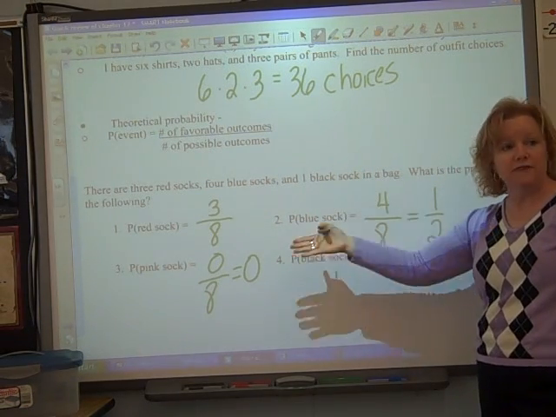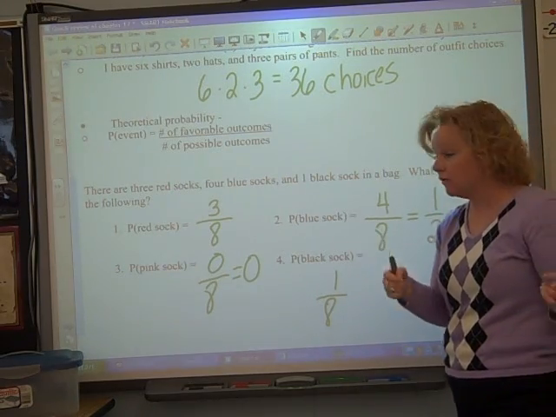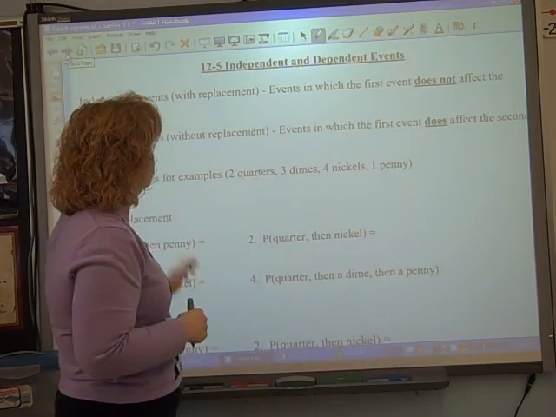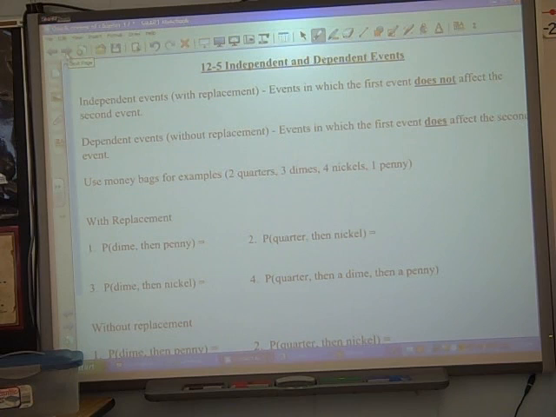Okay, so nothing new, right? If you get a question like this, you can do it. Okay? All right. Now I think turn your paper over, correct? All right, so now they're going to take it a step further and they're talking about independent and dependent events. Independent events are events in which the first event does not affect the second event. Dependent events